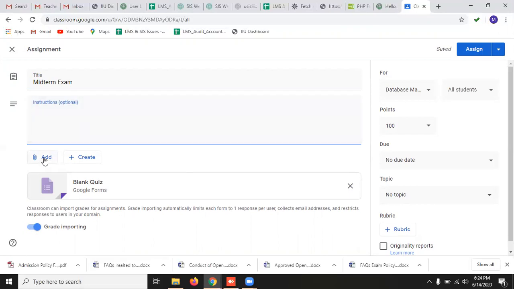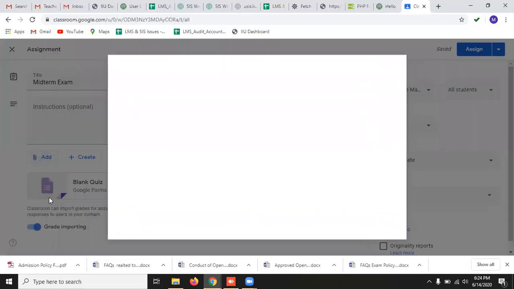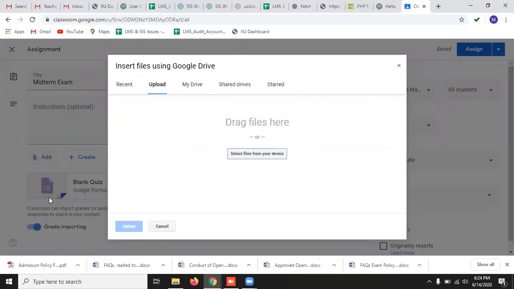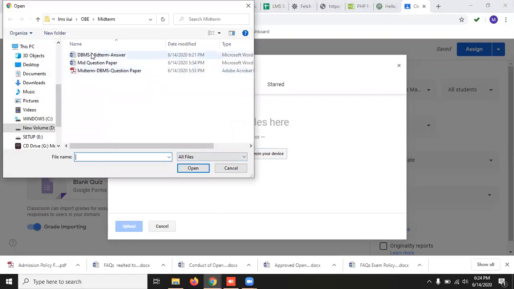Now click on the add button and upload the question paper that you have made in the PDF format, and also upload the answer sheet in which the student will be pasting the screenshots of his handwritten solutions and will upload that answer sheet in the link provided. So I will click on the select files and I will select the question paper which is in the PDF format. Please keep in mind that the question paper is in the PDF format because the student cannot change or modify any part of the question paper.